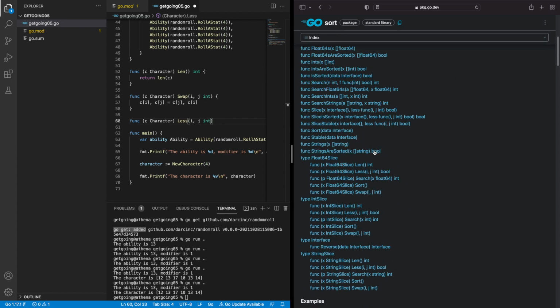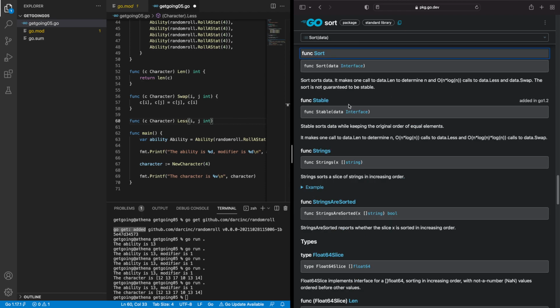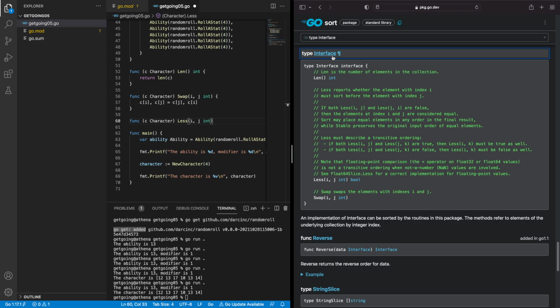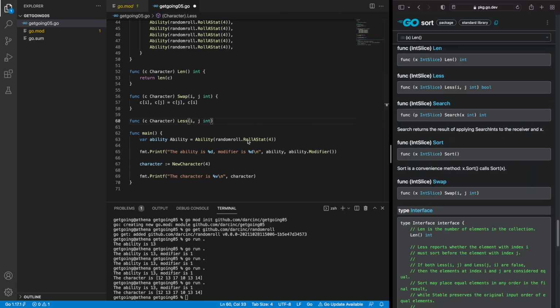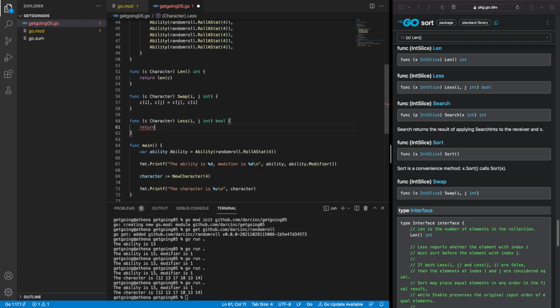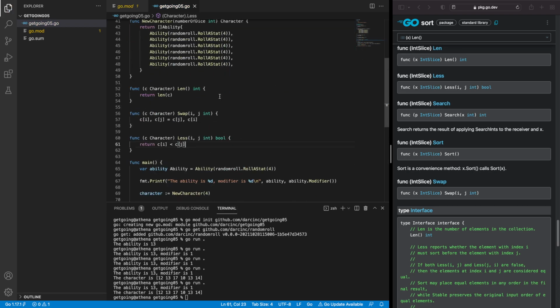It doesn't list the types. Anyway, so there we go. The interface type in the sort package, which is separate from the concept of a type called interface, we need to support len. Okay, we got that. We need to support swap. Got that. And less. Return CI less than CJ. Okay, if our type supports these methods,